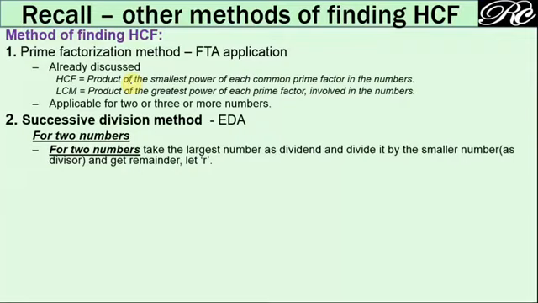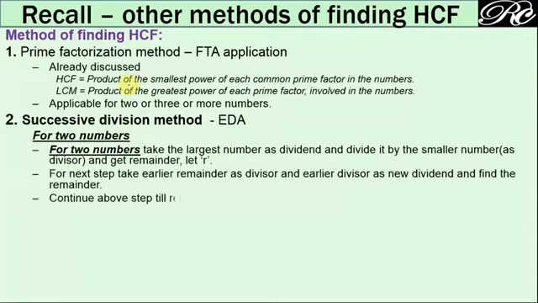So this is one step. For the next step, we take the remainder of this first step as the divisor and the divisor of the first step as the dividend for the second step. This way we again calculate the remainder for the second step, and this continues till the remainder becomes 0. When the remainder becomes 0, whatever divisor is there at that step acts as the HCF, the highest common factor, for the two given numbers.